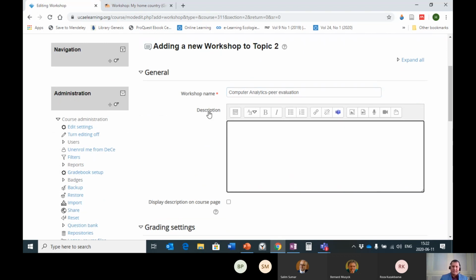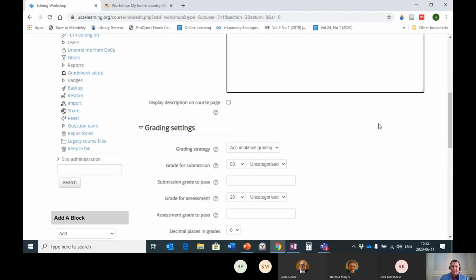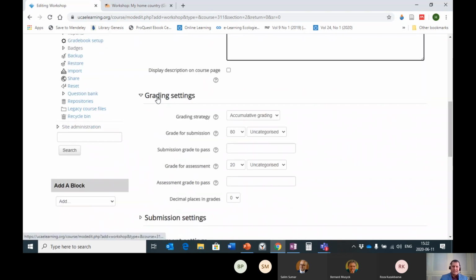Then if you want to add description, you can add description. And if you don't feel like typing, you can record yourself, audio record, or you can video record, and you can add that description here. Then we go to grading. So grade setting,